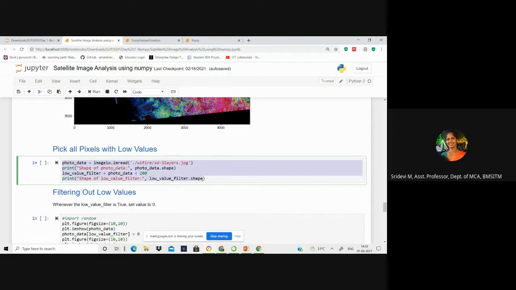Now, another important application in satellite image analysis: if you want to filter out all the low pixel values and highlight only high intensity values, the image will be more colorful and more appealing.